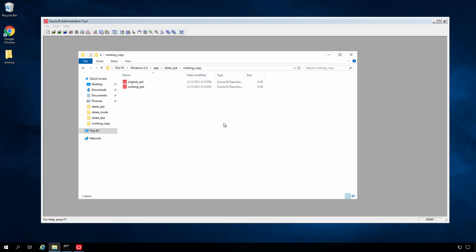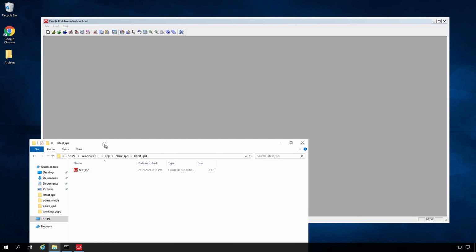So here are my two RPDs. The original RPD is what I got from the shared folder, and the working copy is the copy that I made changes to. So before generating the patch, let's do one more thing. Let's go to this latest RPD and let's assume that some other developer already changed this RPD and applied his changes. Okay, so what we will do is we will open this RPD